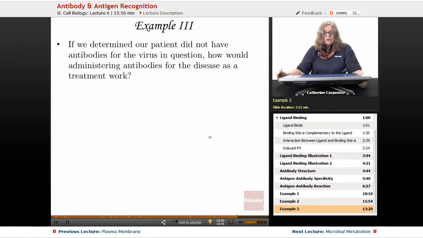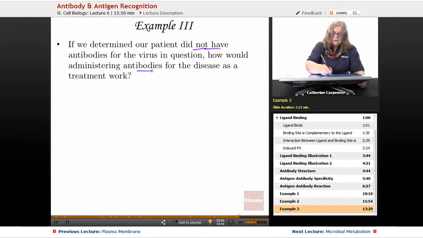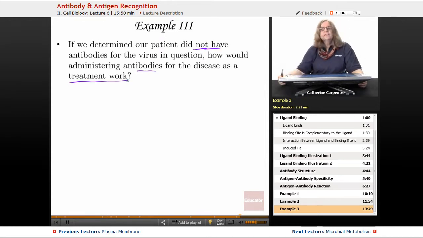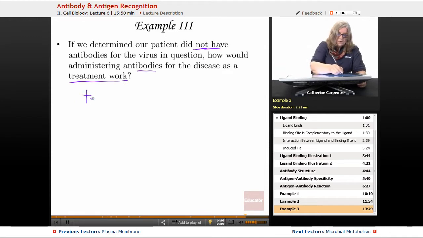If we determined our patient did not have antibodies for the virus in question, how would administering antibodies work? So often this is a situation that happens, for instance, if a child or a person steps on a rusty nail, and it's suspected that possibly the individual might be exposed to the tetanus bacteria. And so that possible tetanus exposure is such that